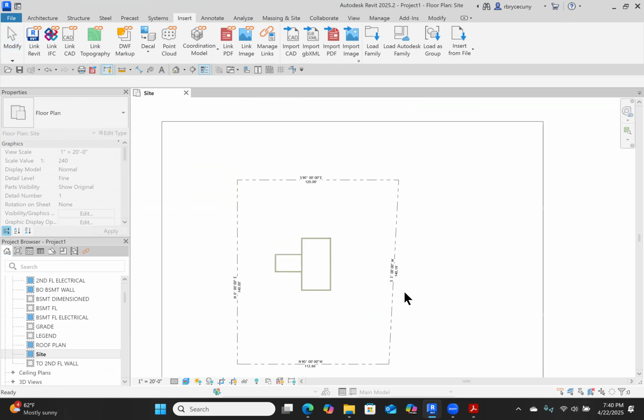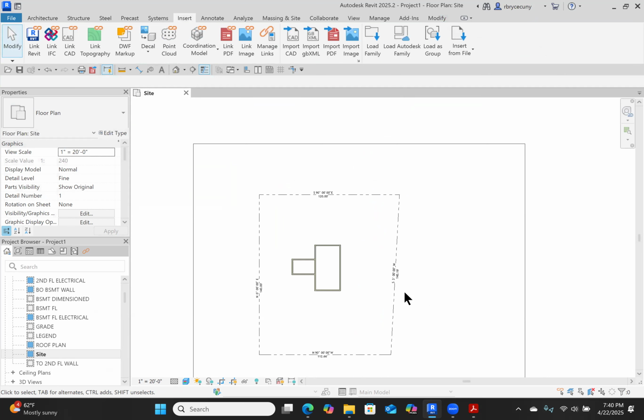Okay. So the second thing we want to do is put in our setbacks. Now, this is what I would do first of all. The very first thing that I would do before I even start to design a house for a client would be to put my property lines in. The second thing I would do is my building envelope, which is generally there is a distance that needs to be away. So let's say